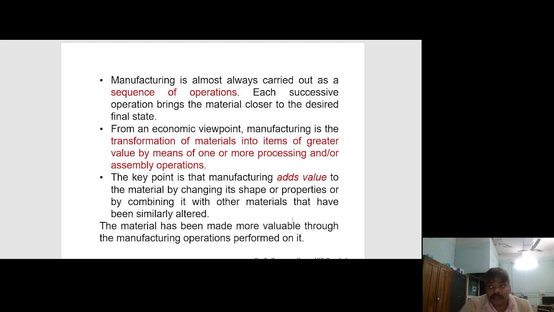So in the workshop, you can see lots of machines: drilling machine, lathe machine, shaper, planer, milling machine. There are many different types of milling machine, and different types of lathe machine: general purpose lathe, capstan and turret lathe machine. In drilling, you can also see lots of drilling machines, radial drill having large size, and small drill,